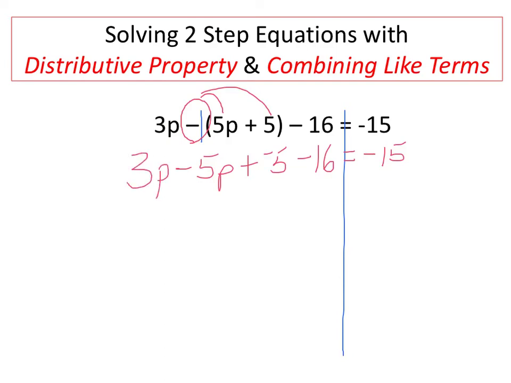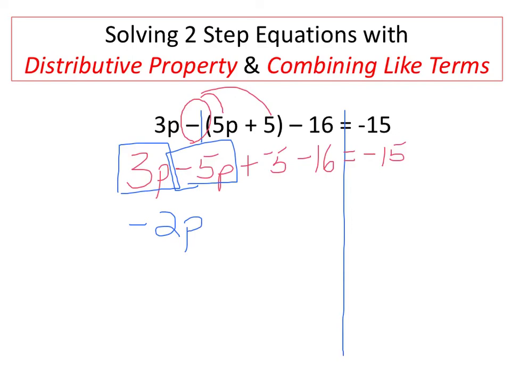So we've done the distributive property, and now we need to take a look. On the left-hand side, we have 4 terms. We need to take a look and see where the like terms are. So here we have a 3p. Here we have a 5p, but we have to recognize the sign in front of the 5 is minus. So that indicates that the 5 is a negative value. So 3p plus negative 5p is negative